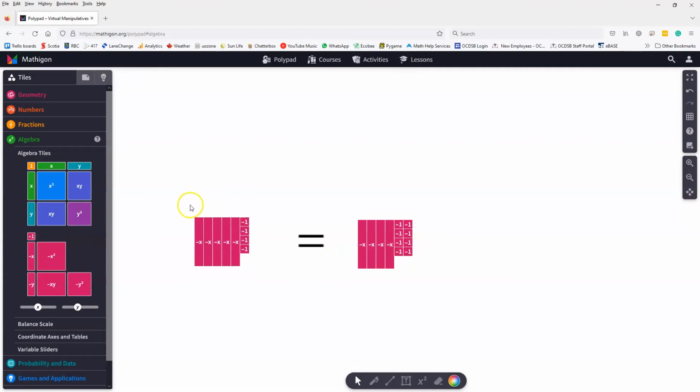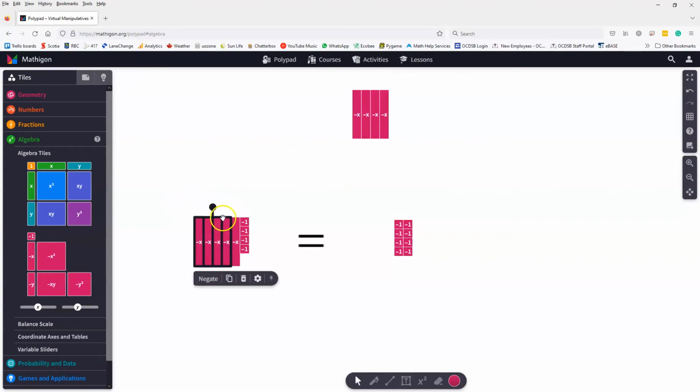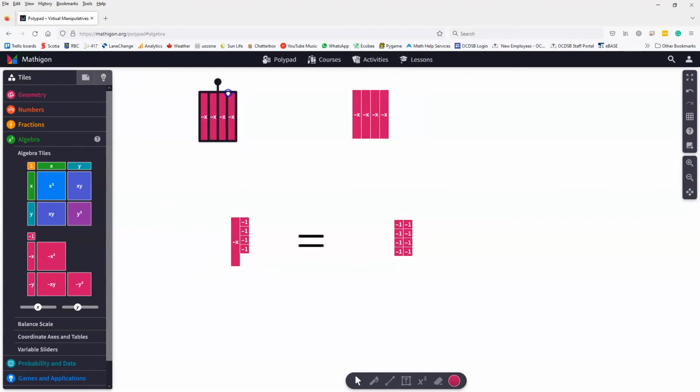Let's see how it works when we balance things out. First thing I'm going to do is take away those 4 negative x's, and match them up to the 4 negative x's on the other side. So now I've still got an equation that's in balance here because I've taken out 4x from both sides. It keeps my equation in balance. I can't take any more x's away because I've only got one of them here, and I don't have one on this side. I can take 4 singles, move them out of the way, and match them up with 4 singles over here,